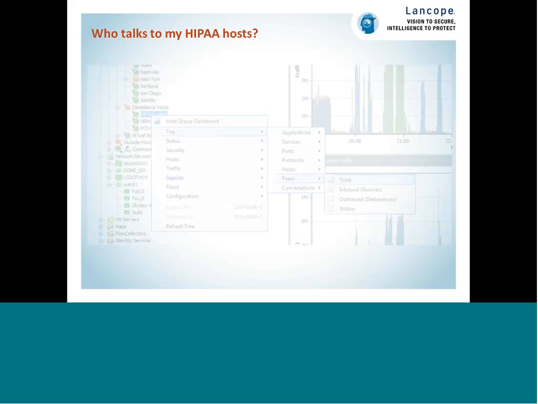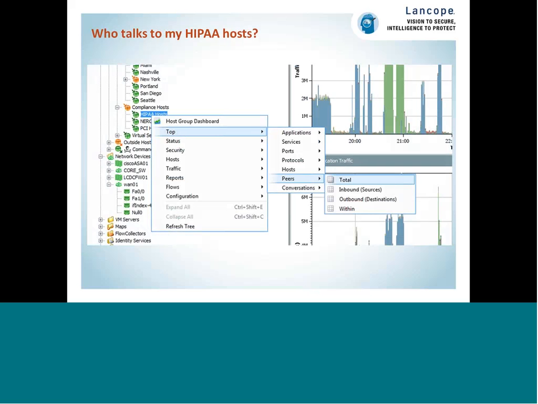Who talks to my HIPAA host? For example, if I'm trying to comply with a regulatory requirement, I can gather hosts into groups based on their IP addresses alone, and so I can group hosts by any criteria I can think of. And that includes, in this case, my HIPAA hosts. So if I have hosts that contain patient data,